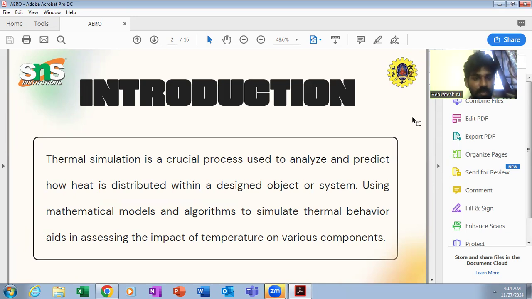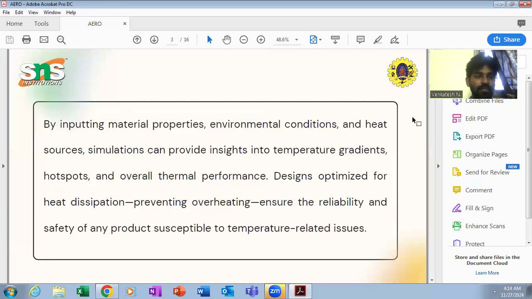or system using mathematical models and algorithms to simulate thermal behavior. It aids in assessing the impact of temperature on various components. By inputting material properties, environmental conditions, and heat sources, simulations can provide insights into temperature gradients, hotspots, and overall thermal performance. Designs optimized for heat dissipation, preventing overheating, ensure the reliability and safety of any product susceptible to temperature-related